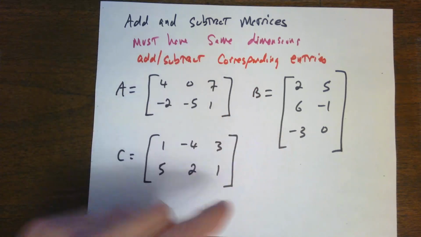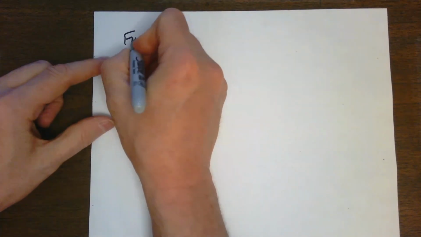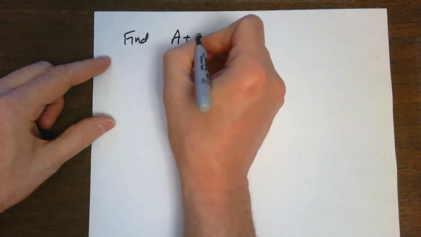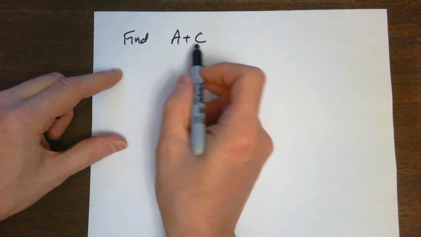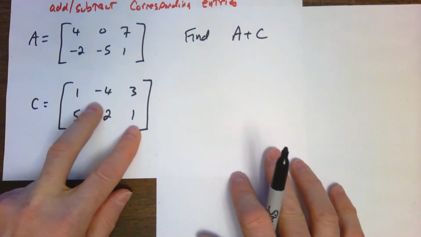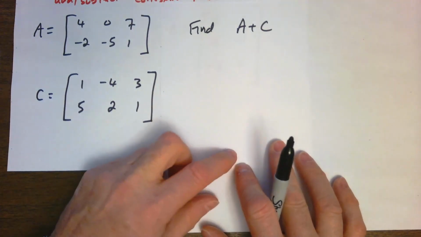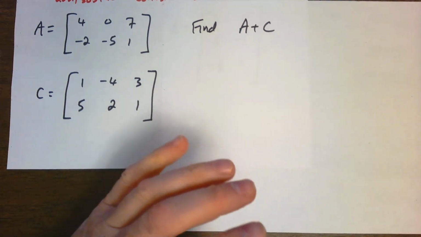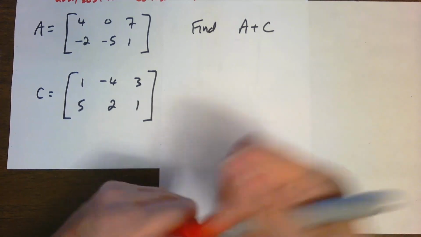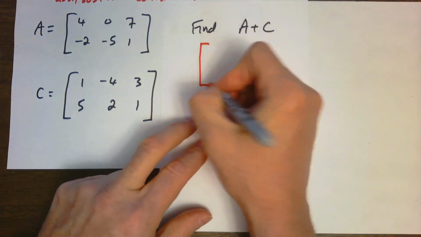So from using these three matrices, we're going to do a couple of different operations here. First, I want to find A plus C, which means I'm going to add the two matrices together. All right, so let's see. Here's matrix A and matrix C. If I add them together, the sum of the two matrices is going to be,